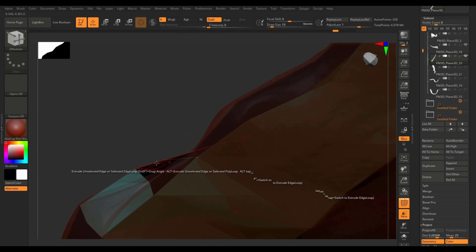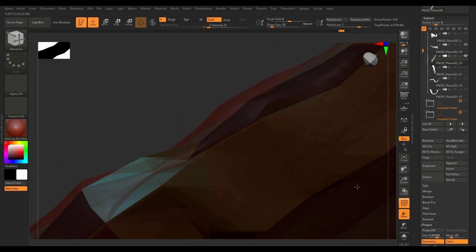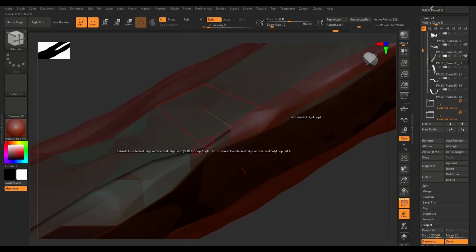This one is not that good, so let me start this vertex first. It's not that good, so